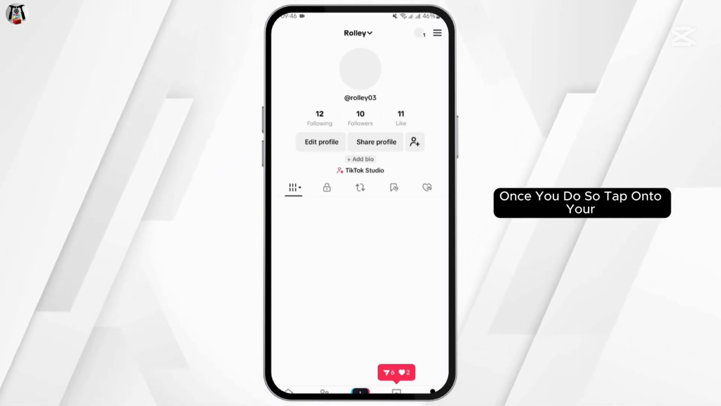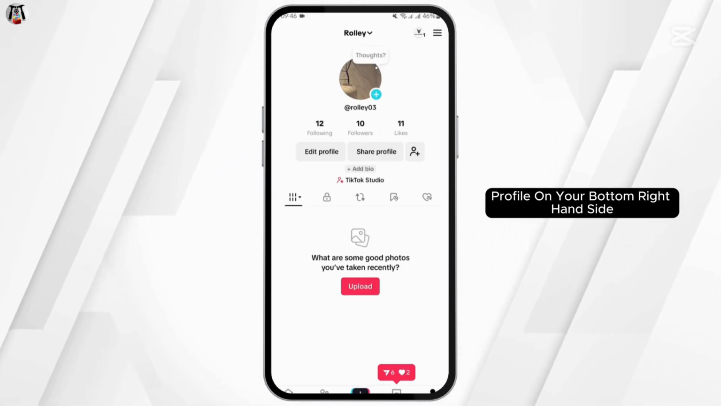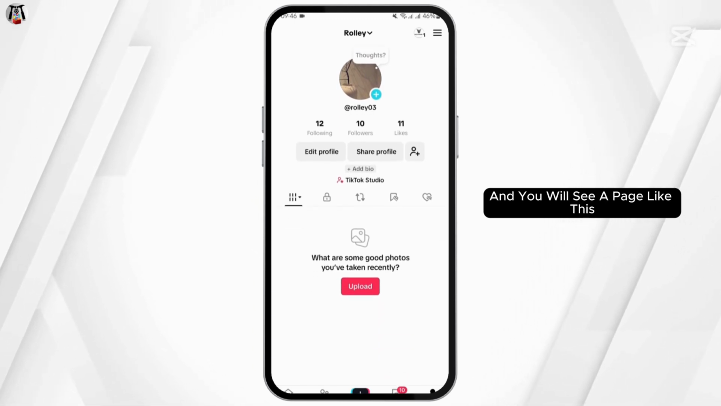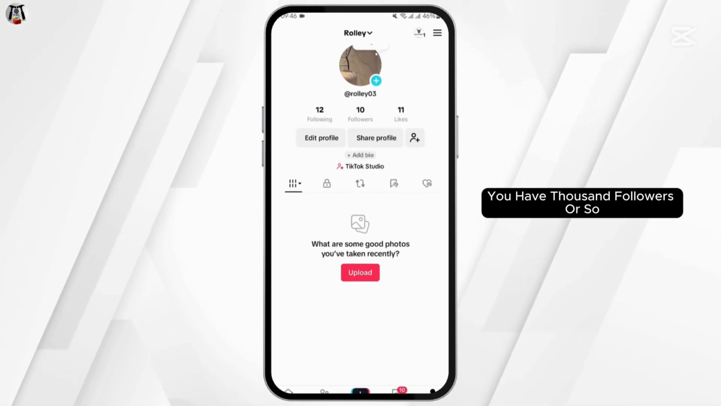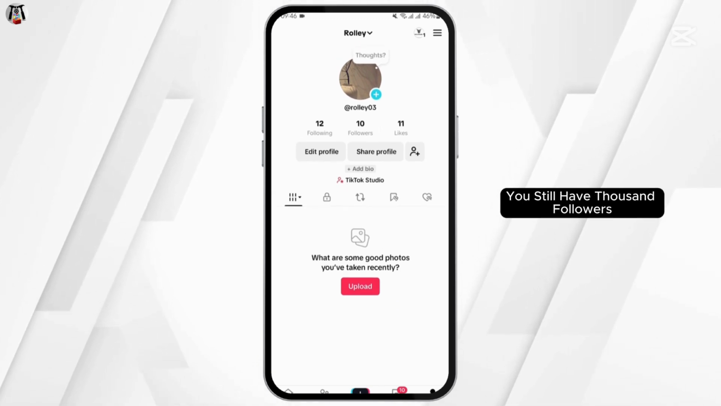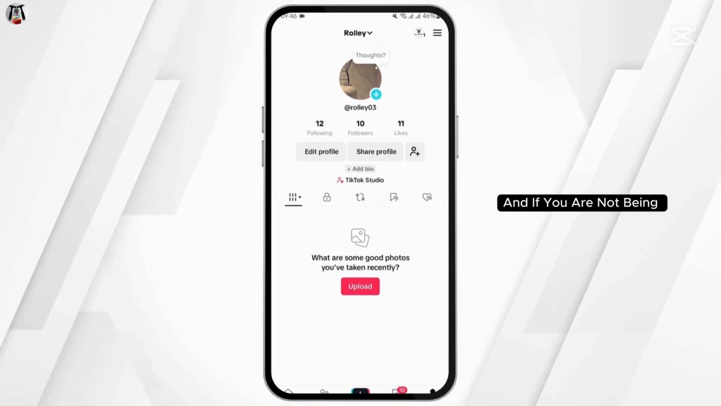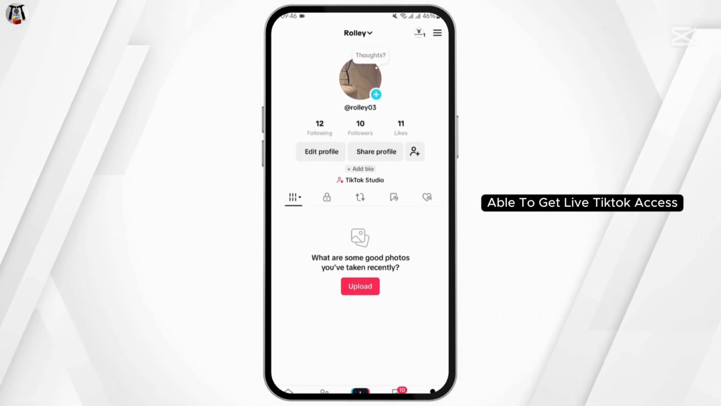Once you do so, tap onto your profile on your bottom right hand side and you will see a page like this. Now, you have to be very certain that you have 1,000 followers or so in order to go live. If you still have 1,000 followers and you are not able to get live TikTok access, tap